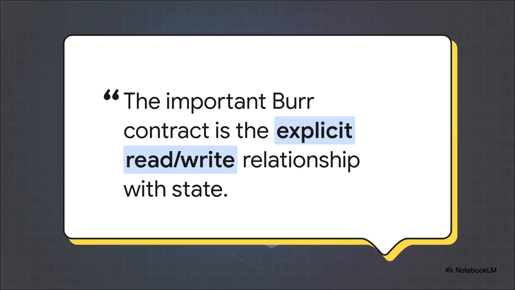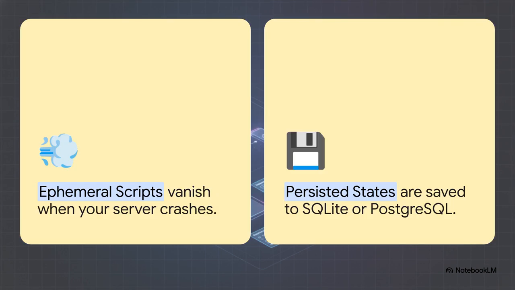Burr doesn't care how you generate your data. It only cares that you strictly declare how that data updates the application. Now, because every single state change is treated as an explicit event, Burr can seamlessly attach built-in trackers and database persisters. This is the exact mechanism that moves you away from those ephemeral, fragile scripts that just vanish into thin air when your server crashes and gets you to enterprise-grade observability where every single step is safely saved to SQLite,